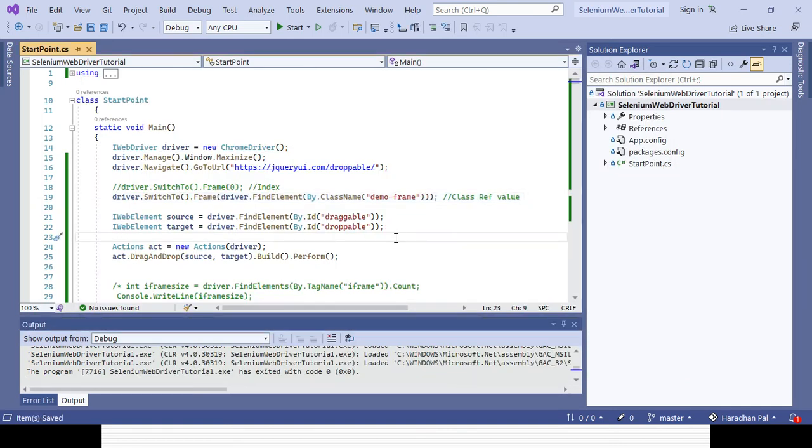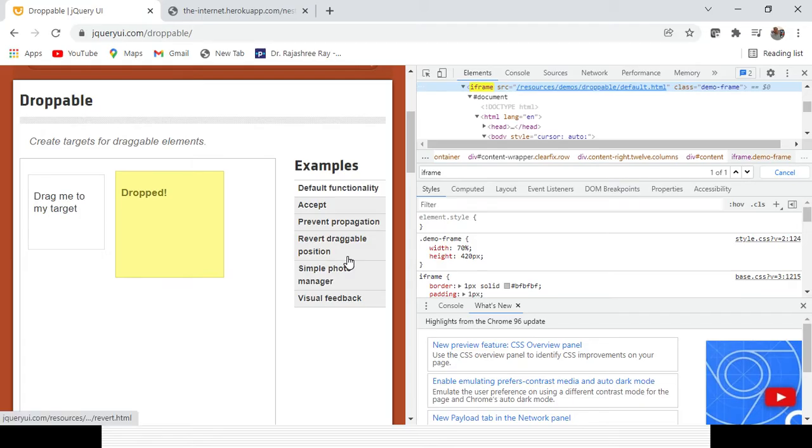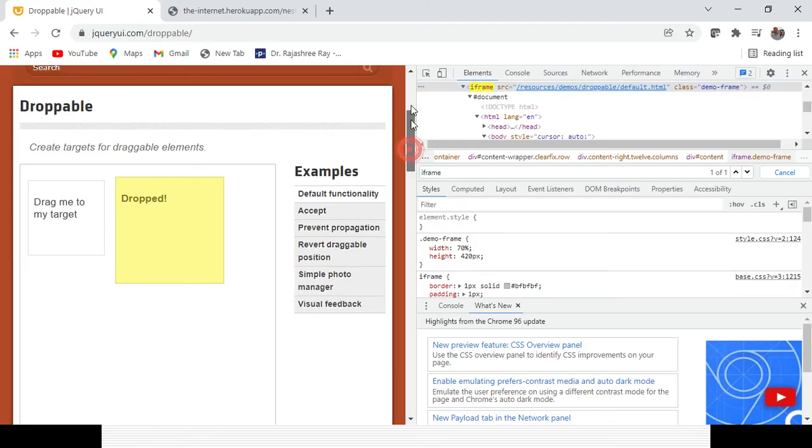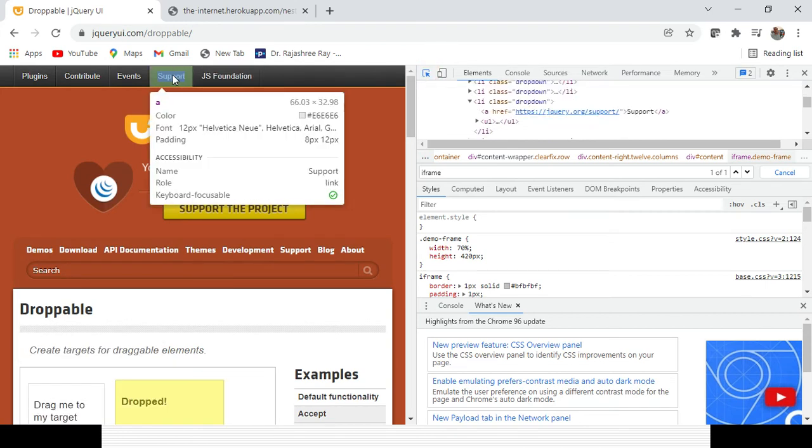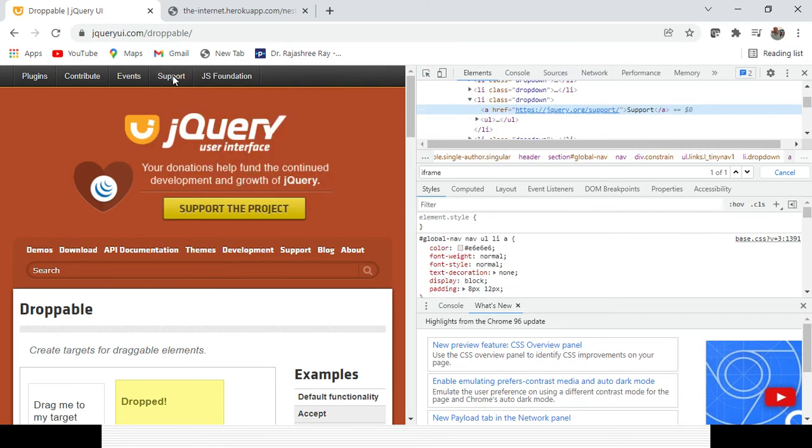Now the next thing: you already navigated to the frame, right? Now if you go outside the frame and want to perform some operation, how can you do it? I already came to the frame, but after that I want to click an option which is not in the frame, outside the frame. Suppose I want to click on the support link.